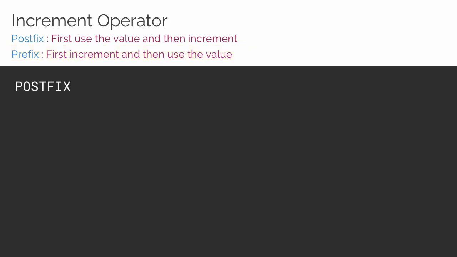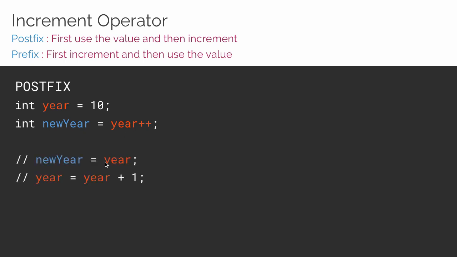So here we have the postfix example. Let us assume we have an integer year equal to 10. And now we have this statement: integer newYear equal to year plus plus. Now notice here we are using the postfix operator plus plus at the end of the year variable. So what does this statement actually mean? In the comment line I have shown you what this actually means. This statement can be interpreted into two statements: newYear equal to year, and then year equal to year